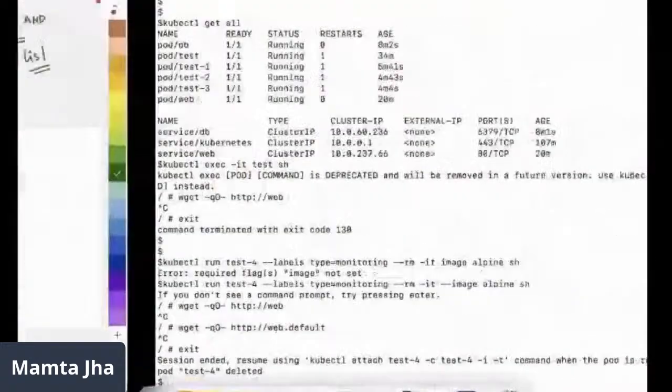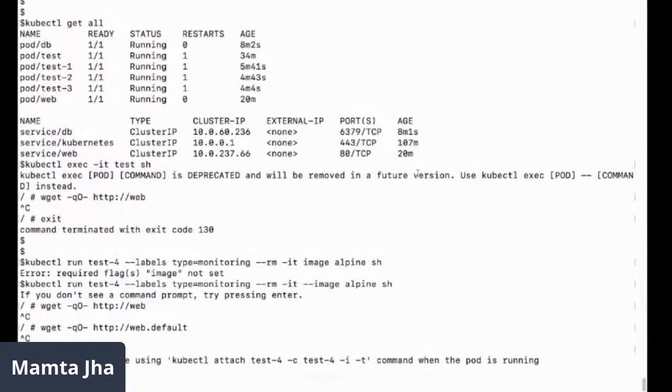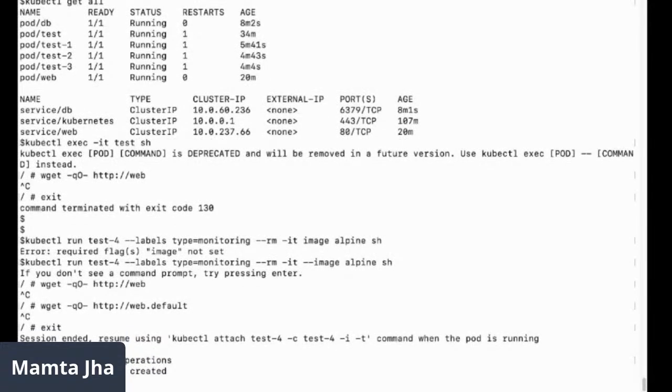Now what we would do is first create a namespace, label it, and then try accessing. Our namespace name has to be operations and its label is team operations. Let's do that. kubectl create ns. I'll just add the label to it.